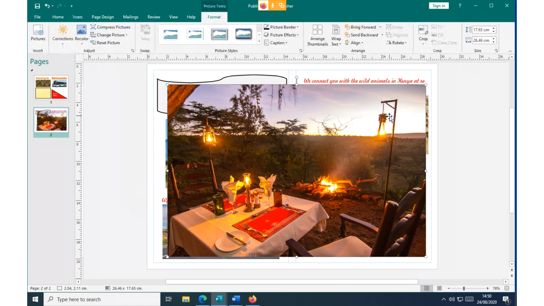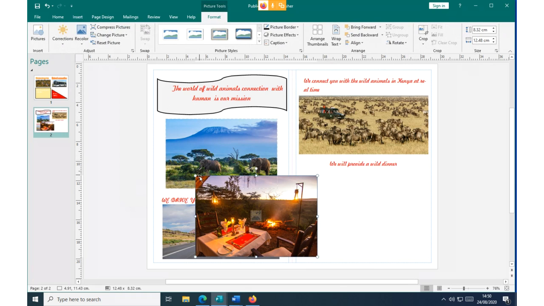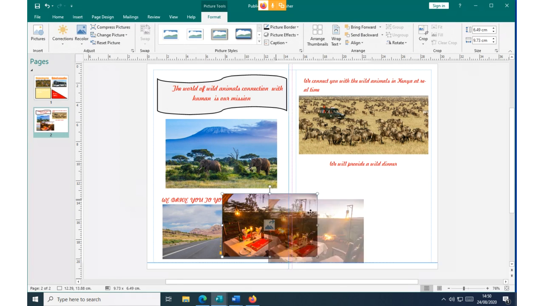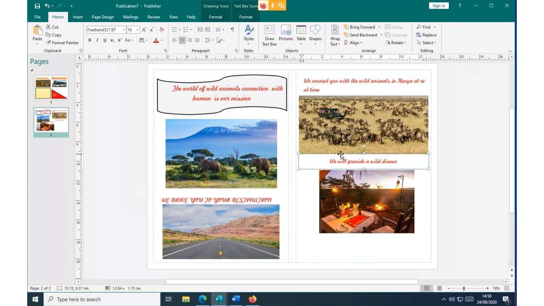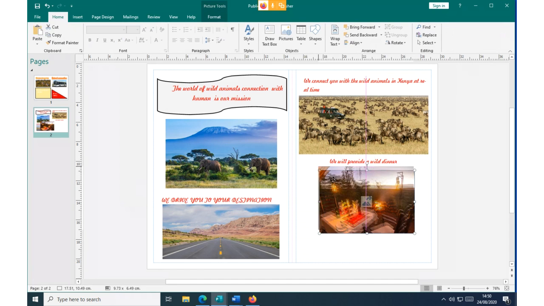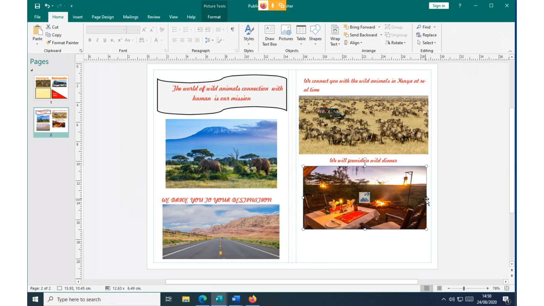So big, we cannot work with it the way it is. We reduce it to a level that it can fit one column. We keep on reducing from the edge, and then finally we move it to the level that we want, and then put it proportionally within that particular location, and if possible enlarge it to be very proportional with the first one, and then you can see that we are doing very, very well.